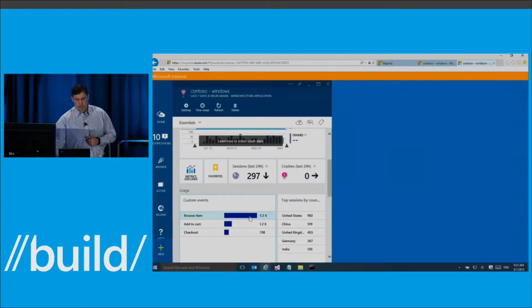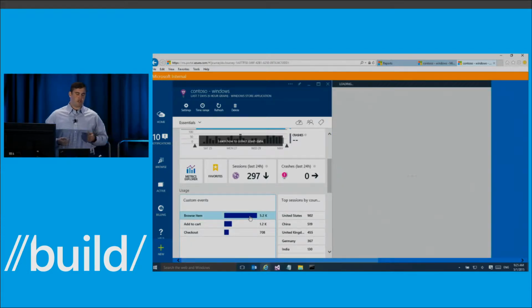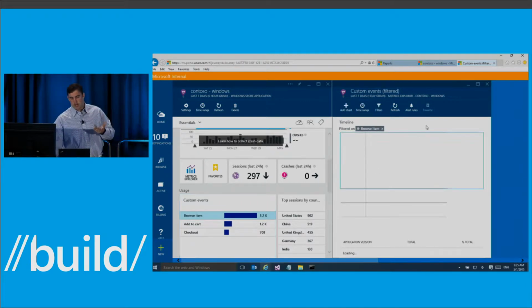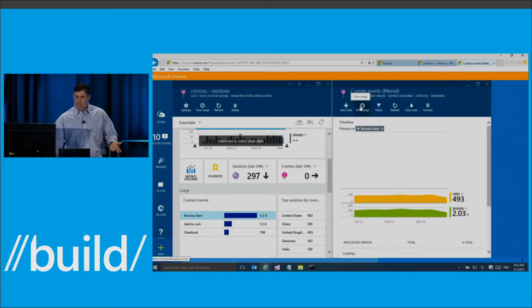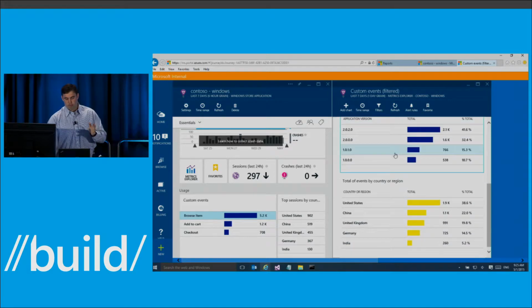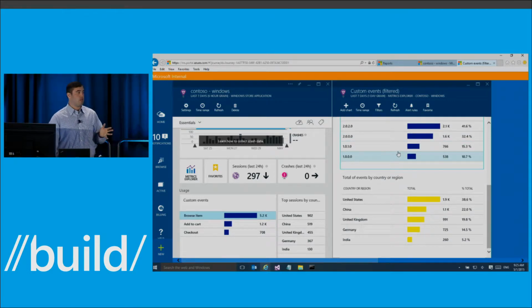We've allowed you to dive into your custom events. So I've selected the browse item event that we added to our project. What I can see now here is both by changing the time range and filter, I can sort through all the different events that have come through for those users who clicked and hit that browse item event within my code. The great thing about this Metrics Explorer view is that it provides some breakouts of our telemetry by default.